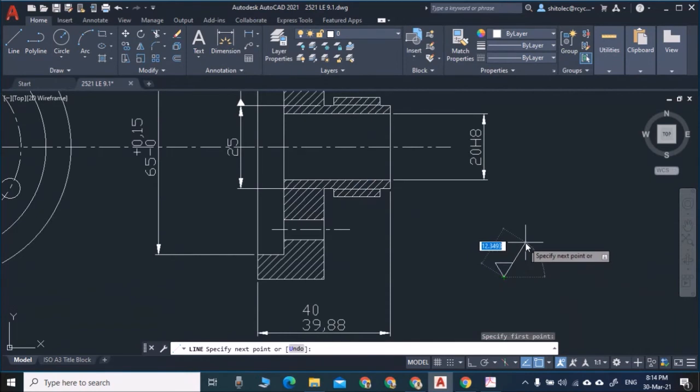And I will draw the line at the rate 10 now, double 10 angle plus 60, enter.